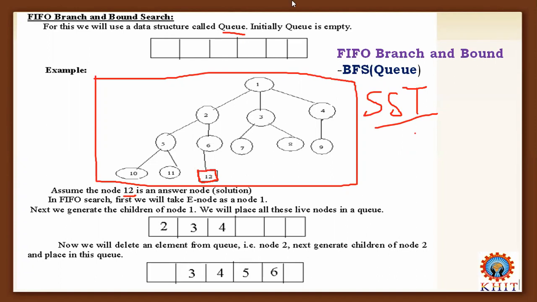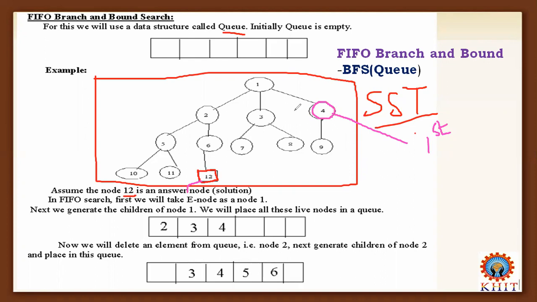If you assume that node 12 is the answer node, in this case we can simply apply how the FIFO, first in, first out principle is working. If you consider the first iteration, what nodes are generated in the first iteration?